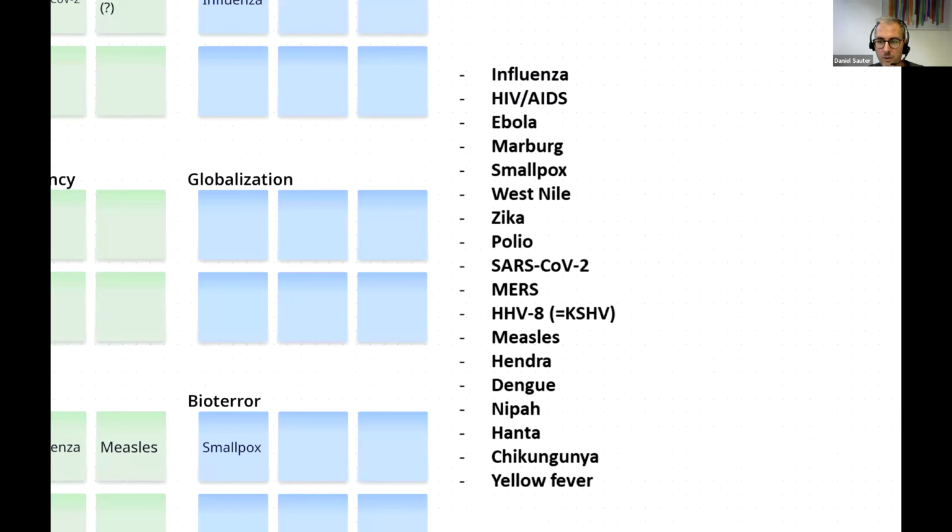So the only thing missing was the mutations. Oh yeah, and poor healthcare. For mutations, we can essentially also put most of the viruses here because all of them mutate. The RNA viruses mutate faster than the DNA viruses, but all of them evolve. So that would fit to many viruses. And poor healthcare essentially also. Yeah, I would just put many here.